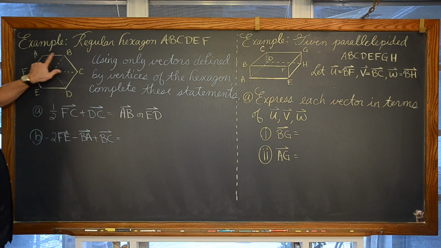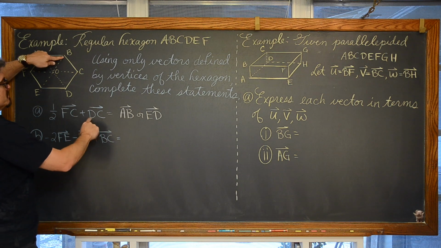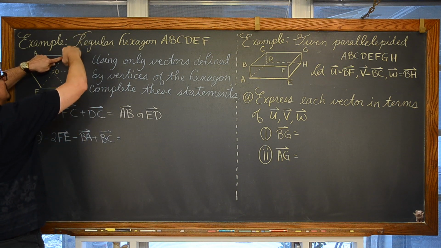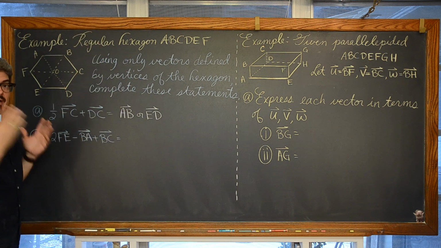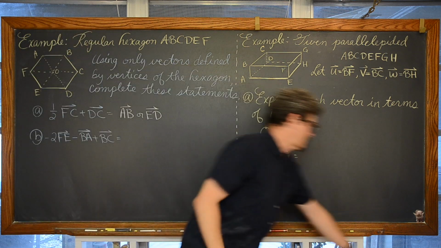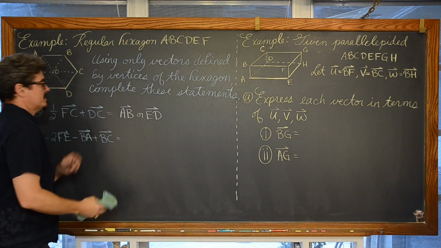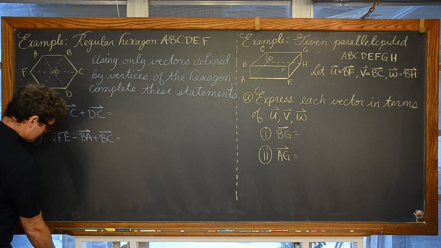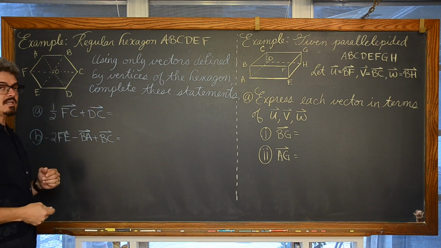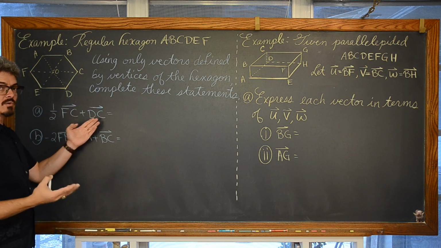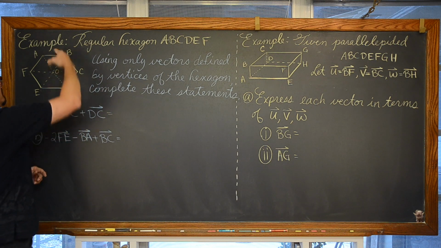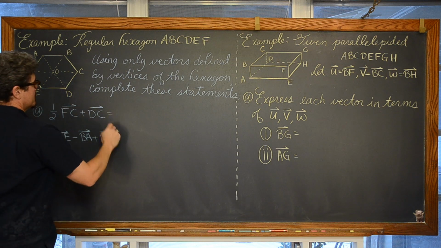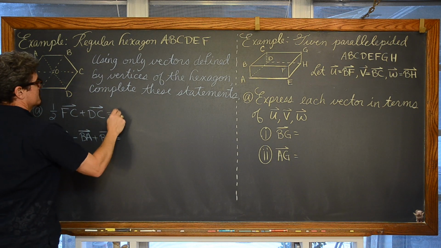Well, if I go AB and I add to it a vector DC, a vector that's going up to the right, I'm going up to the right out in the middle of nowhere, not landing on another vertex of the hexagon. So that's why not AB in this particular case, not because it's not an equal vector to 1/2 of FC, but simply because once I add DC to it, this vector going up to the right, I won't be on the hexagon anymore. So we're going to look at 1/2 FC as vector ED.